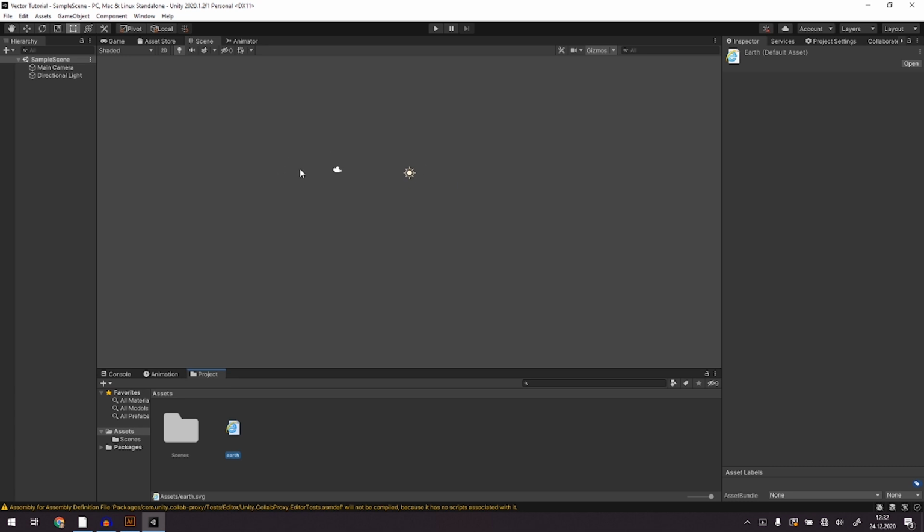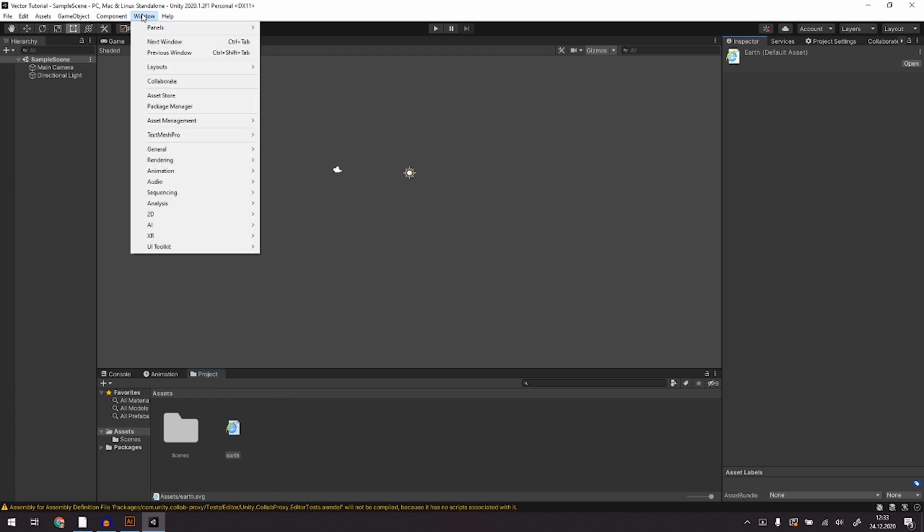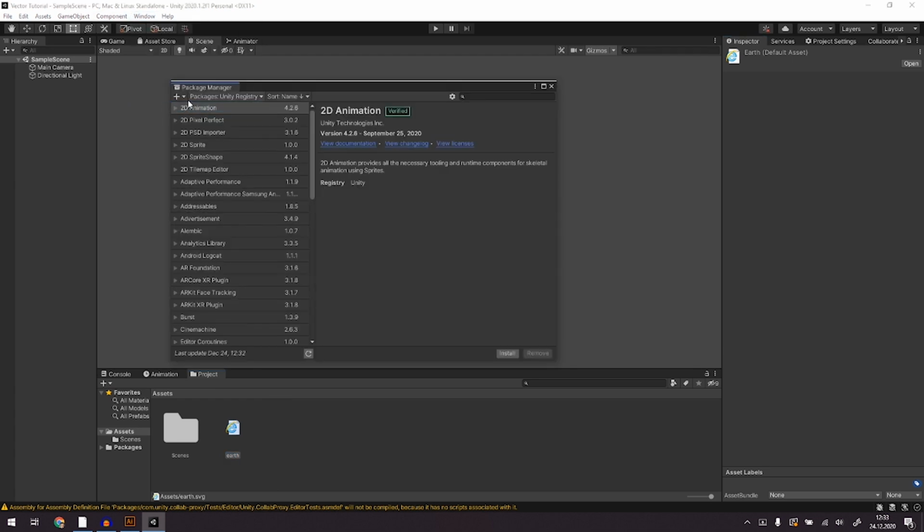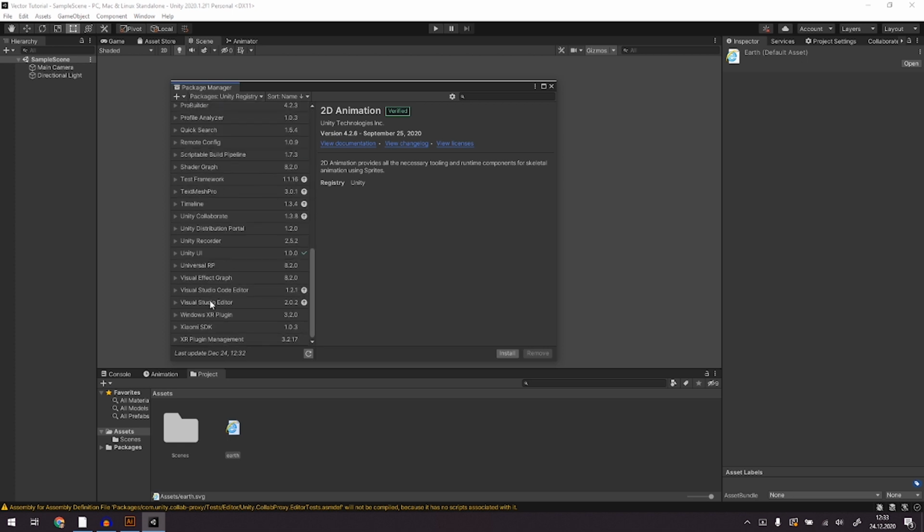However, as you can see, by default, Unity doesn't recognize the file. So we go into Window, and when we choose Package Manager and toggle Unity Registry, it should show all the packages. However, there is no trace of Vector Graphics package. In older versions of Unity, it was here, but in the newer version, we need to press this little plus